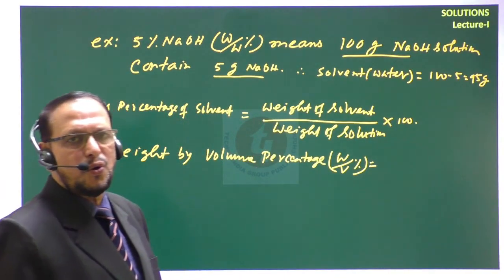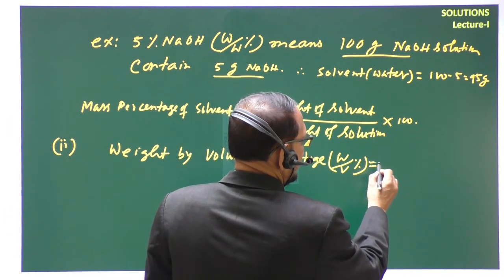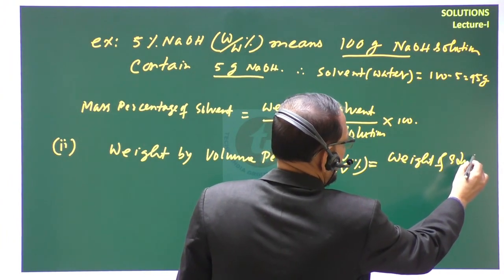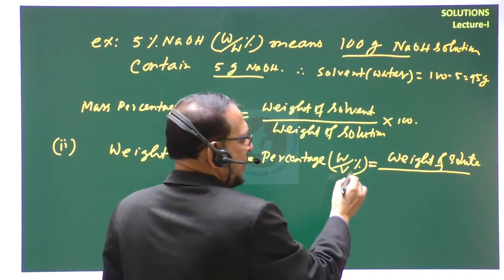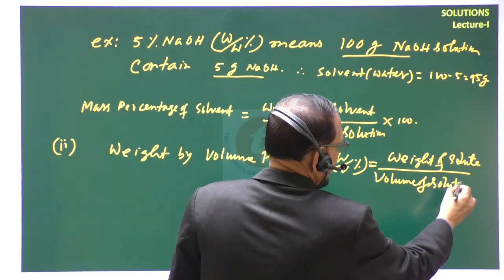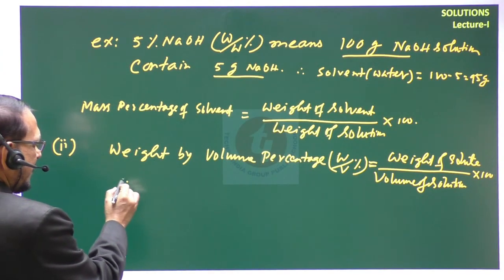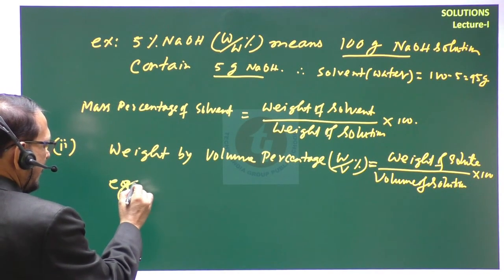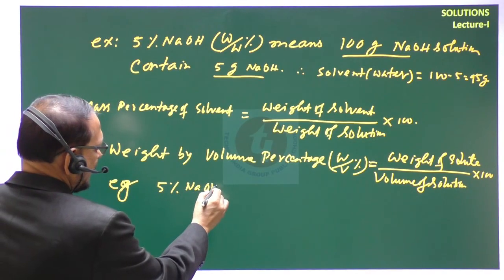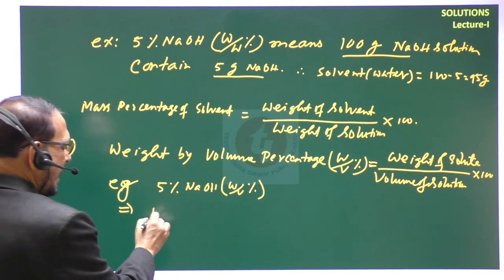This is equal to weight of solute by volume of solution into 100. One example I am giving: 5% NaOH weight by volume percentage means 100 cc